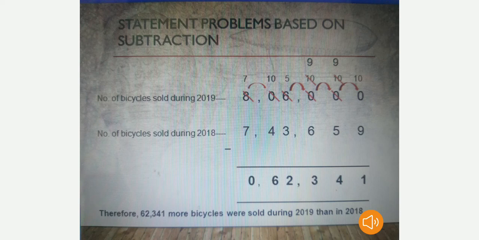We have to see the solution column wise from the right side. 0 minus 9, I can't do the operation because from 0 I can't take 9. When I see the left side it is also 0, so I can't take the borrow. And when I come to the 100 position, here also it is 0. I can't take the number. But here you can see in the 1000 position 6 is there. From 6 I have to take 1 borrow. So when I give 1 from 6 it will become 5 and the right side it will become 10.